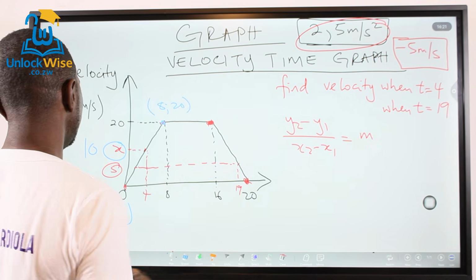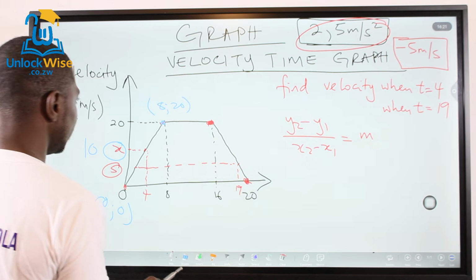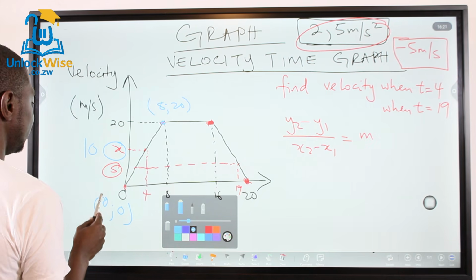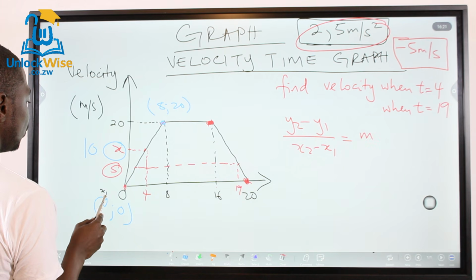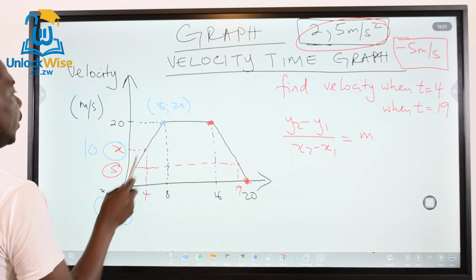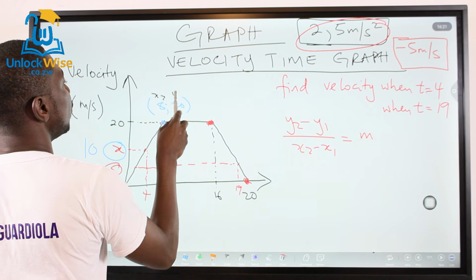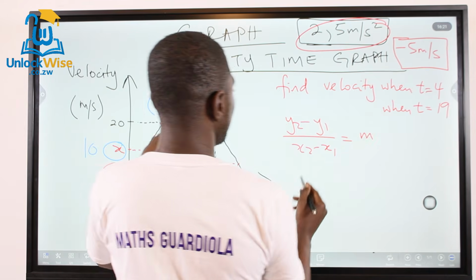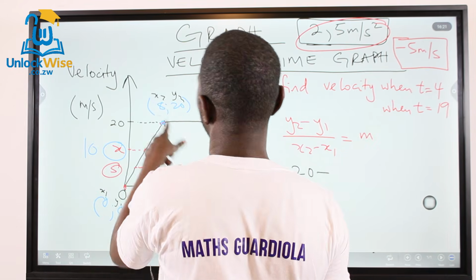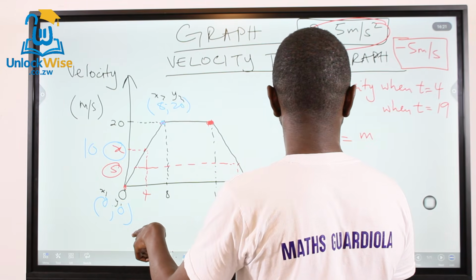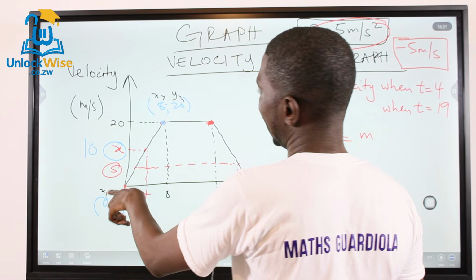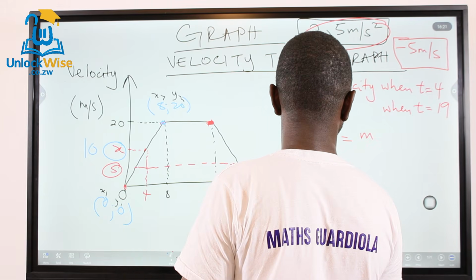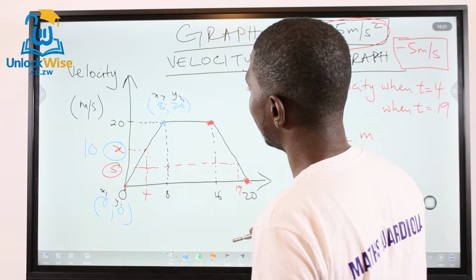Let this one be x1, y1 and this one x2, y2. So y2, 20, minus y1, which is 0, over x2, which is 8, minus x1, which is 0, is equal to